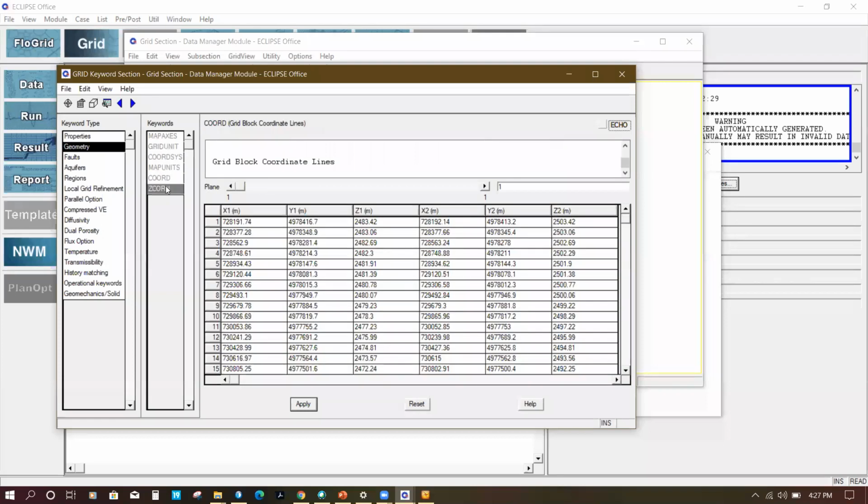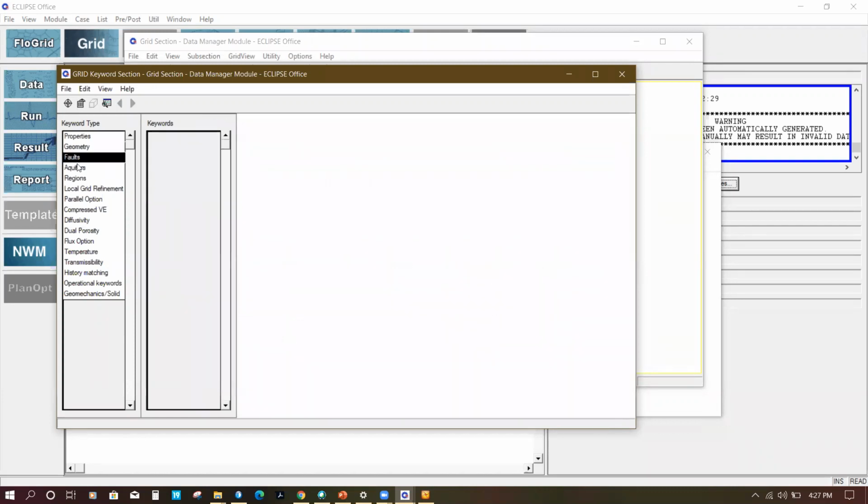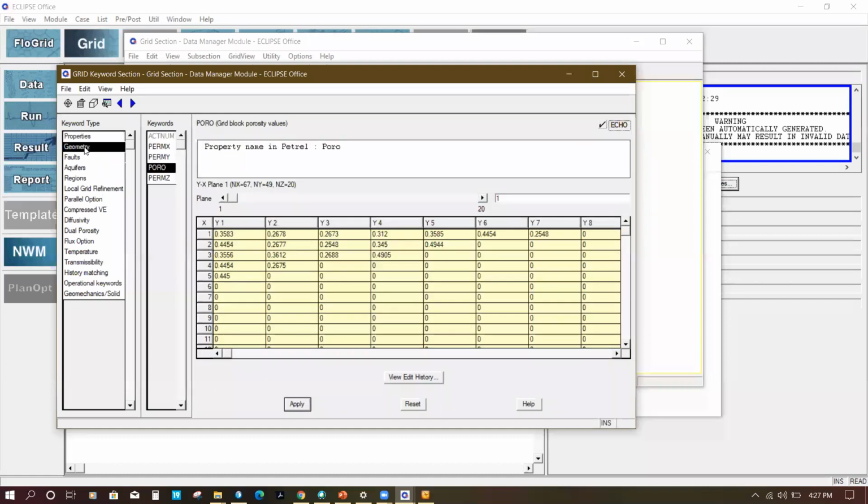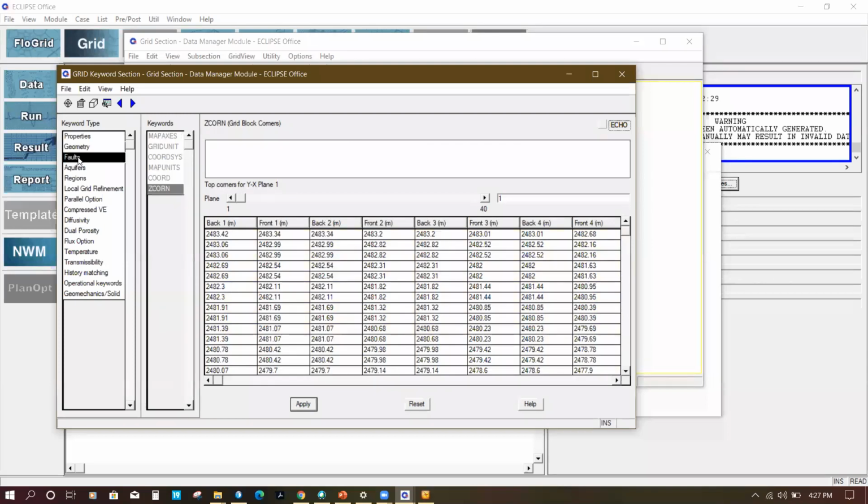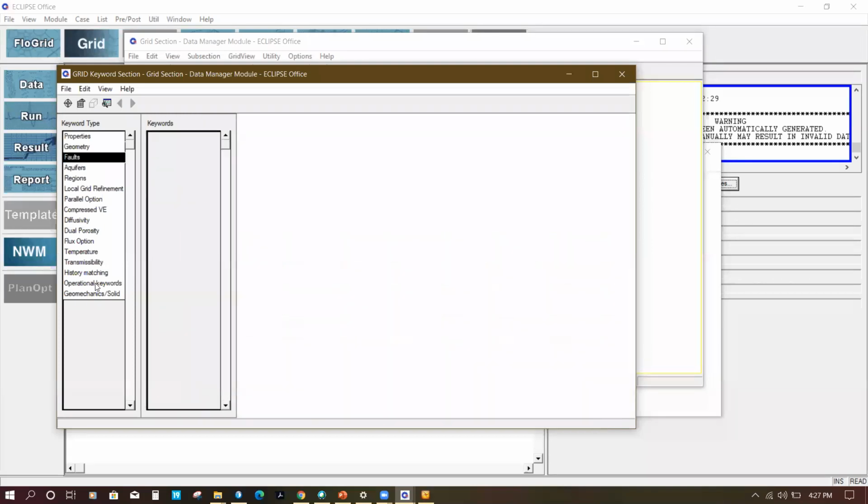Again, I'm going to leave this the way it is. And here you have your faults. Okay, there are no faults here. Basically what you are interested in here is the properties, the geometry. If you have faults, fine. And down here,